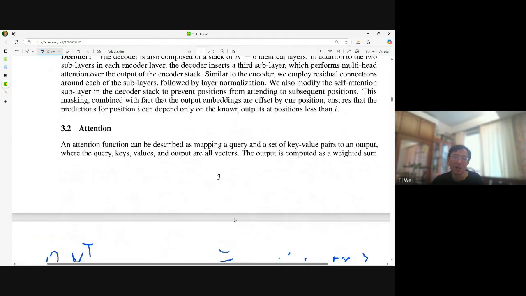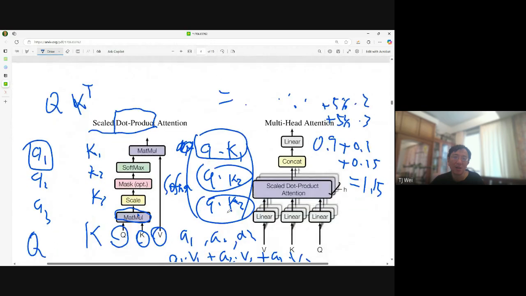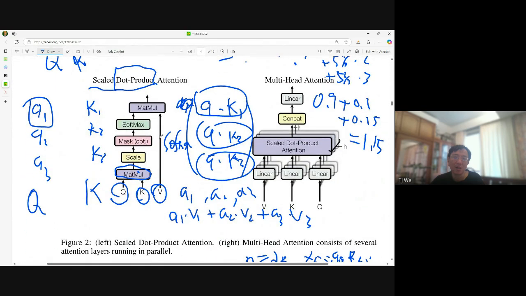好，所以这边就是我们讲到的地方。那 next time we are going to talk about what the mask is. This is the difference between the encoder and the decoder. Otherwise, we are already talking about what the scaled dot attention is, and also what the multi-head attention is. 好，那我们今天就上到这个地方，那下次会继续介绍 scaled dot attention 和 multi-head attention，还有这个 mask。这个 mask 就是 encoder 跟 decoder 的差别。